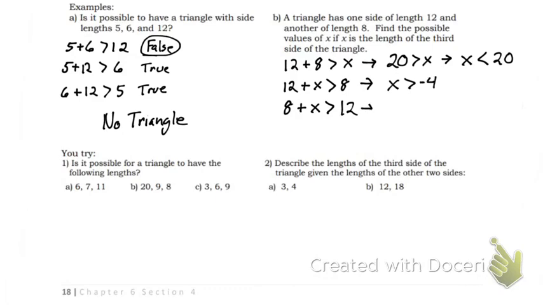And this very last statement, I'm going to do 12 minus 8, so I have x must be bigger than a positive 4. Look at these two statements. One is the one I care about, the other one is not. This says x has to be greater than negative 4, but this one says x has to be greater than 4. You only care about the last one, because this is the only one that holds true for both of these. So I only really care about this one